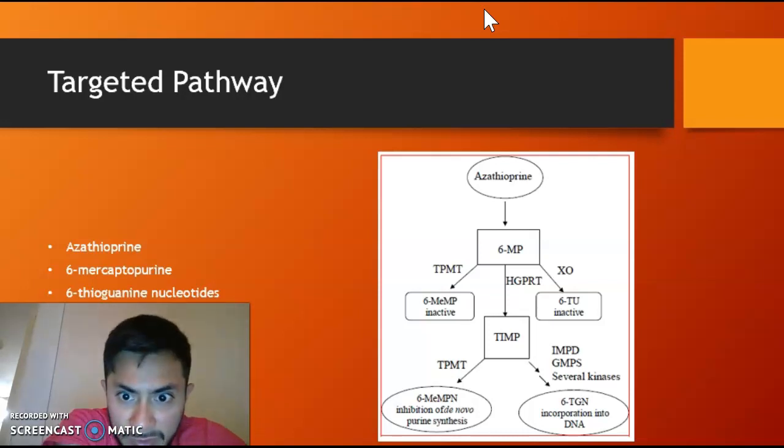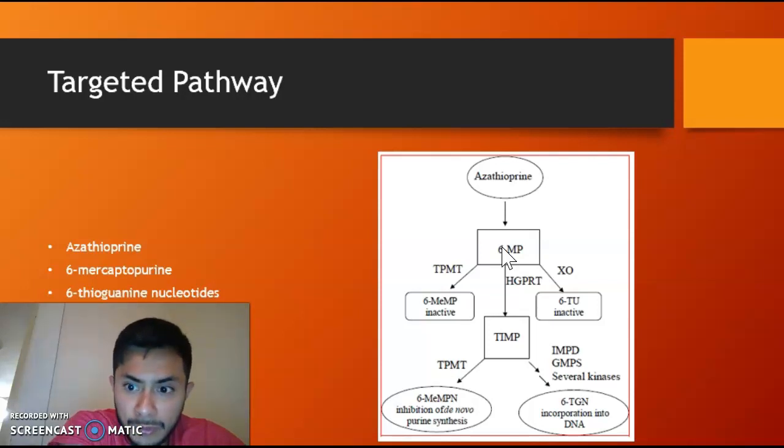After that, we get our 6-mercaptopurine or 6-MP, which is this one here in the center, right? From there, it goes further down into 6-thioguanine nucleotides. So these are immunosuppressive molecules right here,